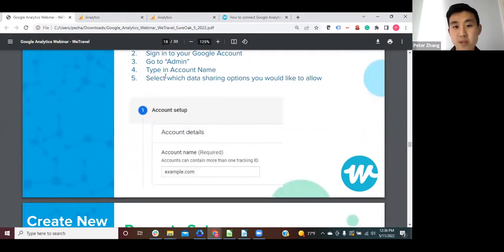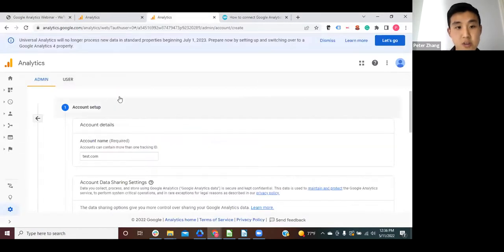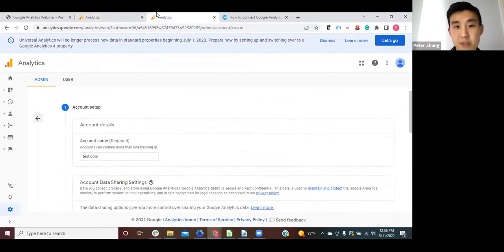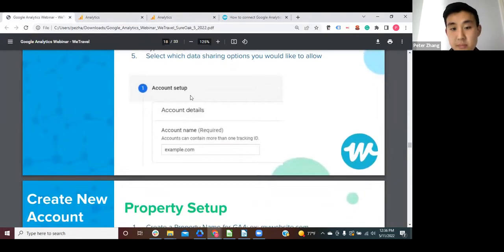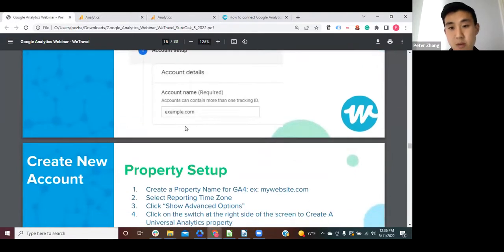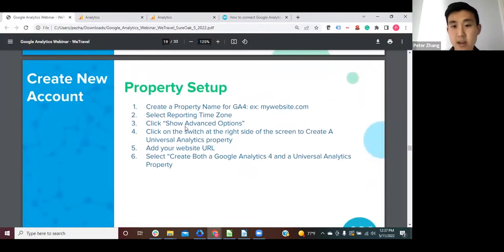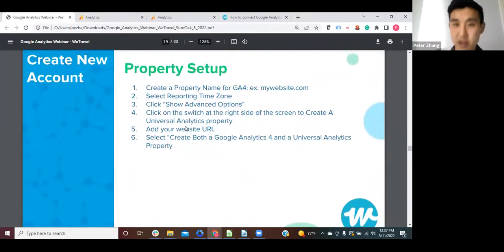So you'll be able to log in, and then once you get in there, you'll be creating an account. I had a separate one open, but if you get into the admin section and look at this and create an account, it will bring us to this screen. So we're back to account setup. All right, so there, just write in your website URL or your domain, so that you can identify it. And then we go into the structure of Google Analytics.